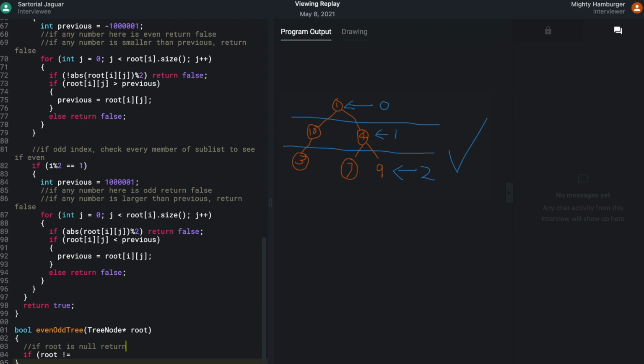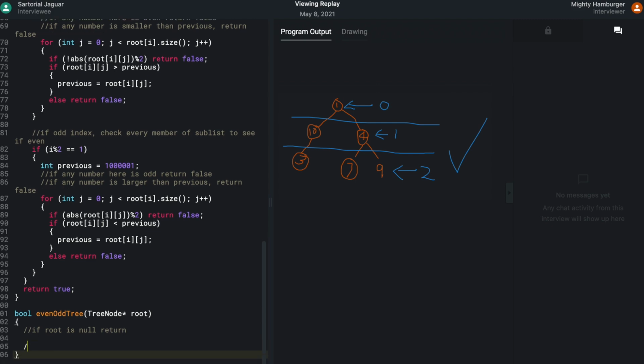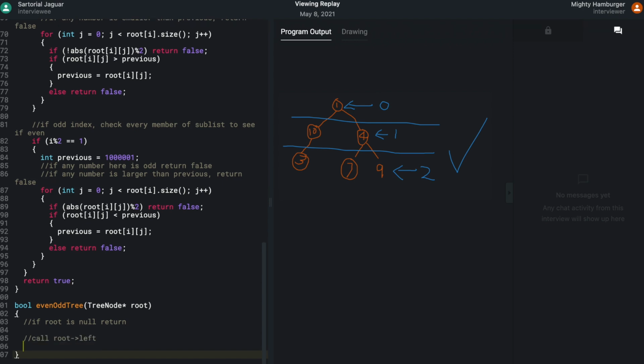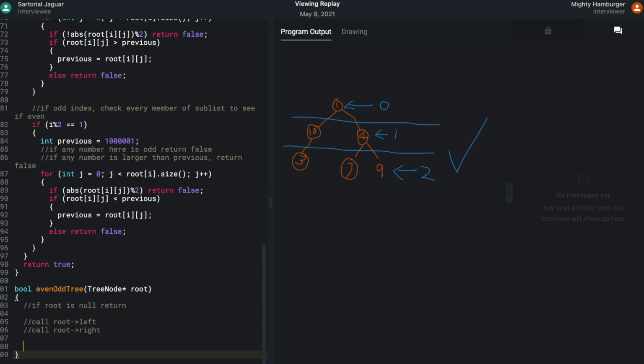So then the next cases would call root left. The next thing would be a function call to root right. And then after that, you would add to an array. Part of this is going to be passing in an array. So for the very first call, I would have bool evenOddTree with a TreeNode argument, and that would return the value, because this is based on the LeetCode problem.